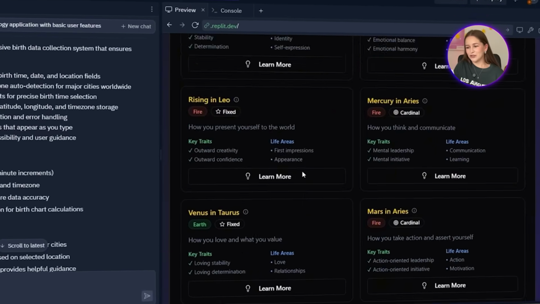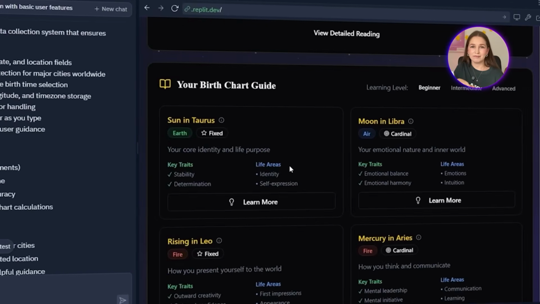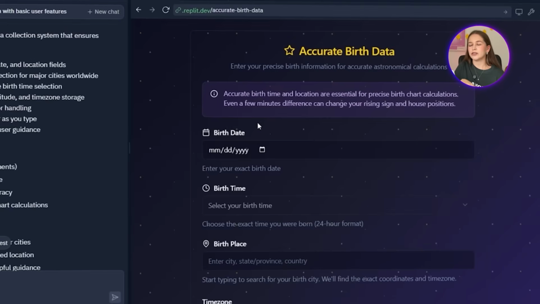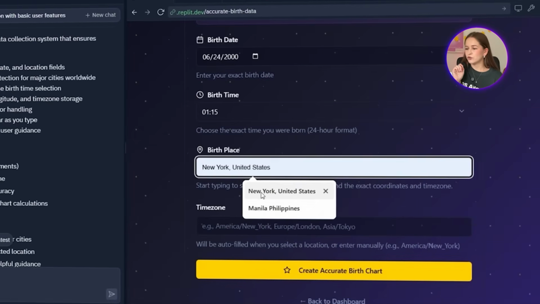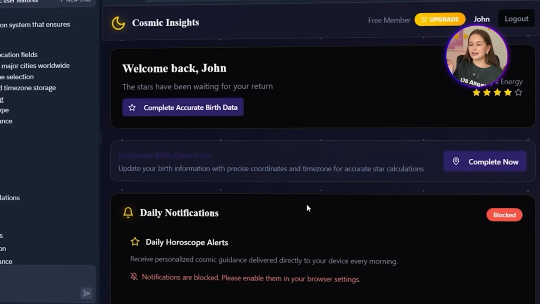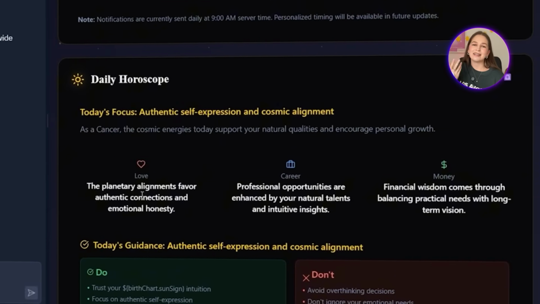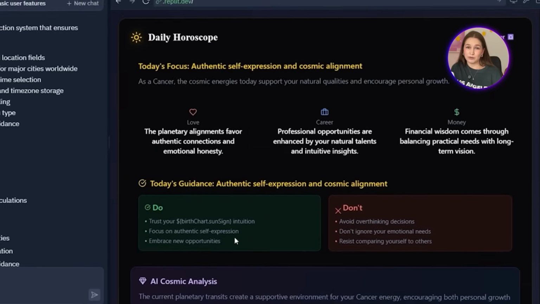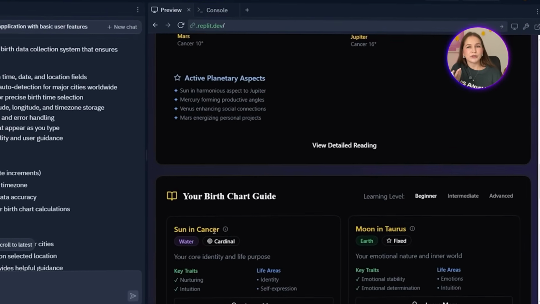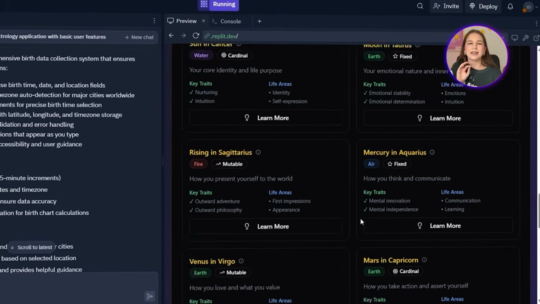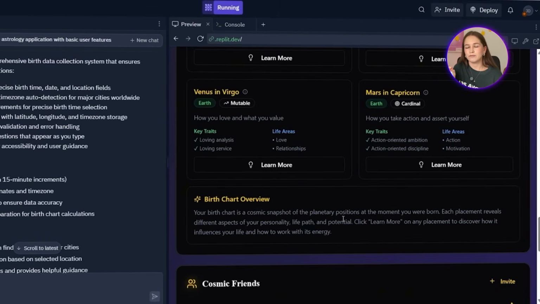What's nice is that users can update it anytime they want. Let's test it one more time. I'll change the birth date to June 24. Okay, as expected, the app now detects Cancer as the sign and adjusts the insights accordingly. It's pretty responsive, it remembers users' input and keeps everything consistent across the dashboard.